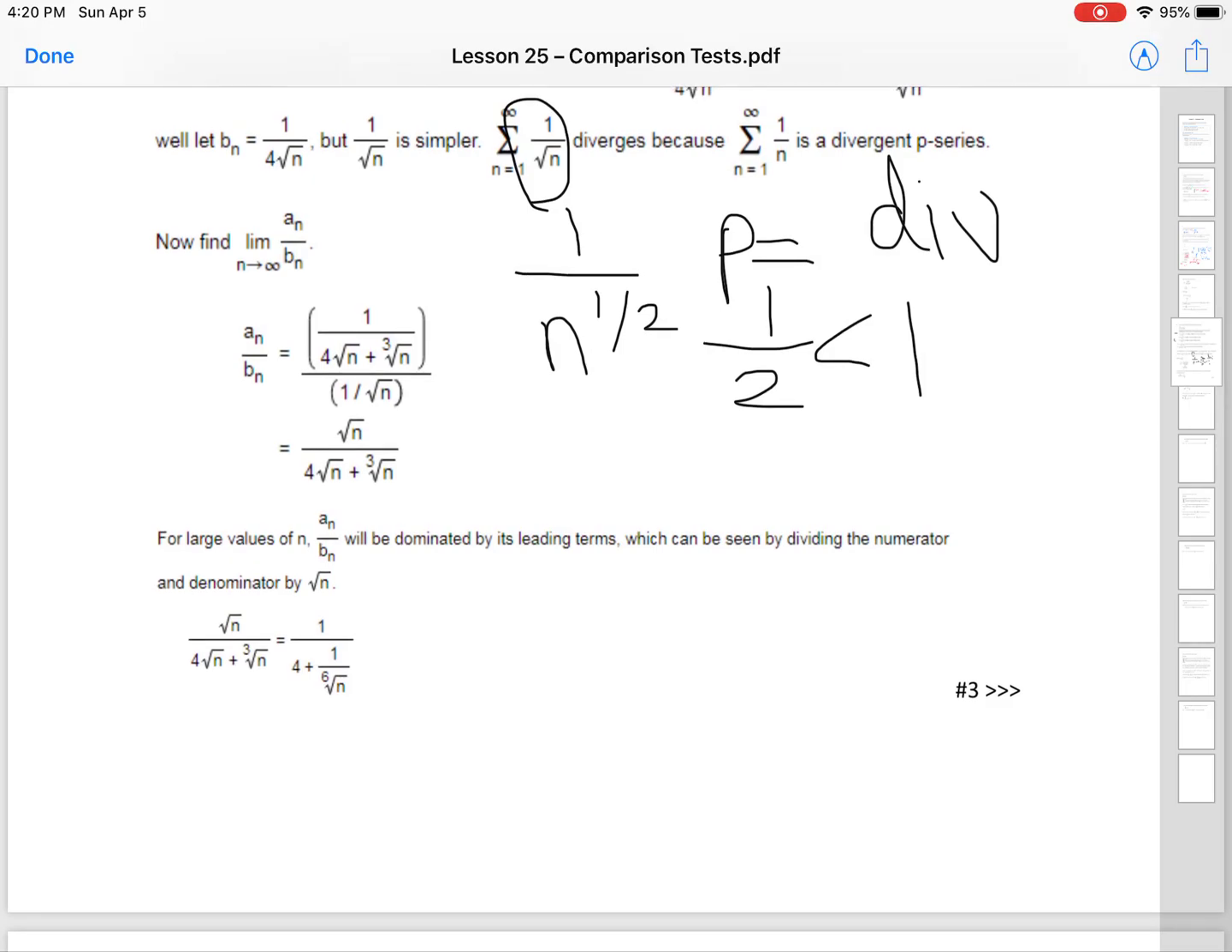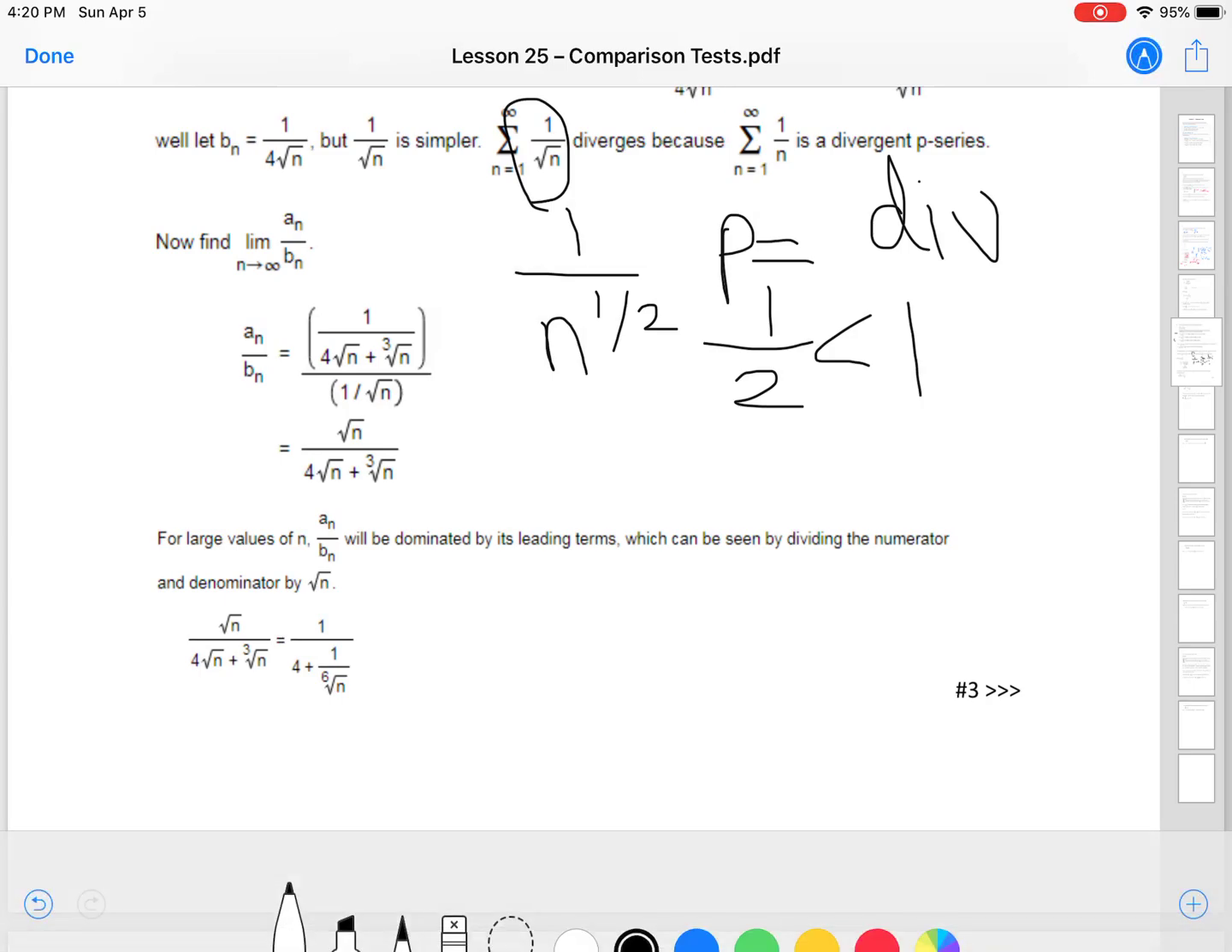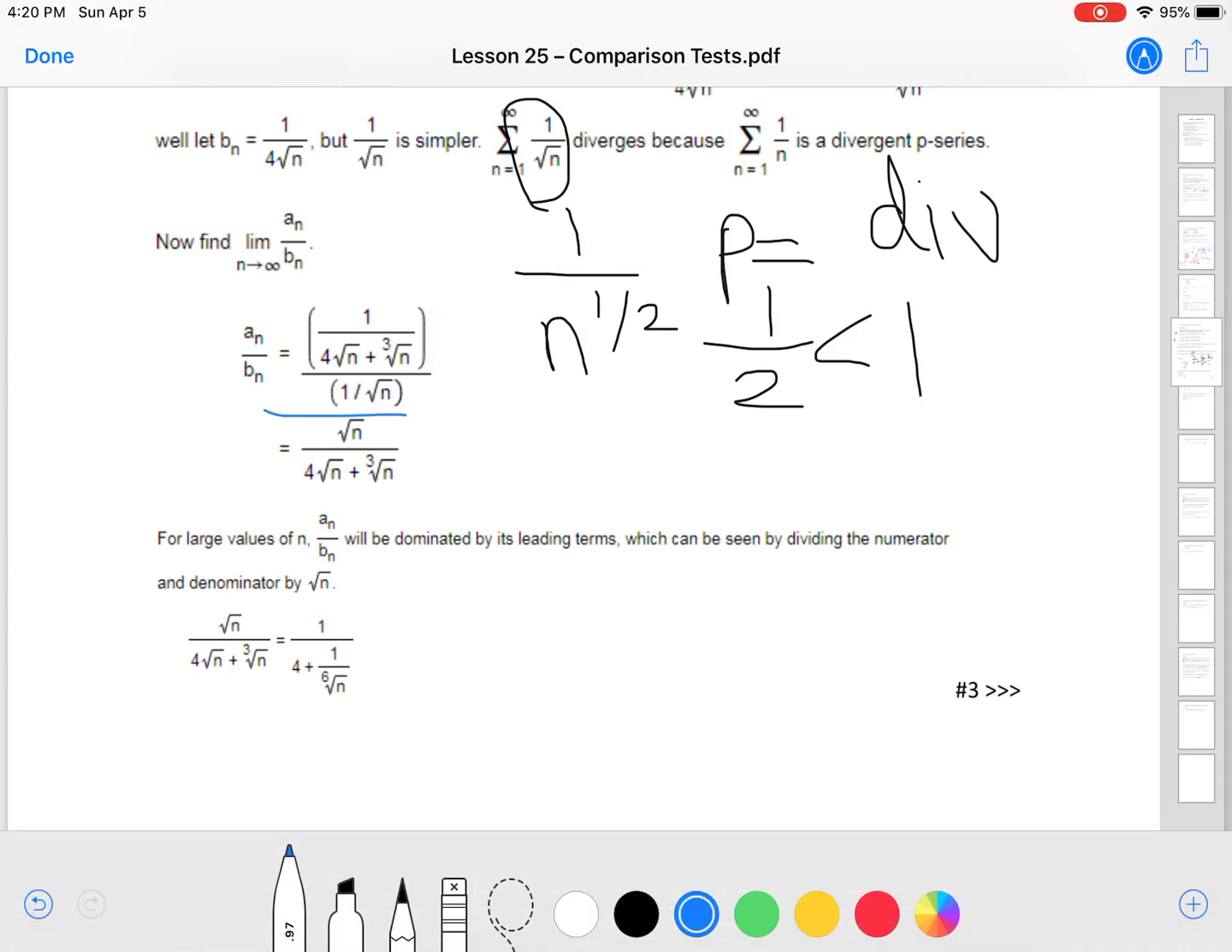So we do a sub n over b sub n. And right here, the 1 over square root of n flips, and the square root of n goes on top at the numerator. Now you don't have to follow what MyMathLab does here next. I think MyMathLab divided everything by square root of n or something like that. Whenever you take the limit as n approaches positive infinity of a sub n over b sub n, well,